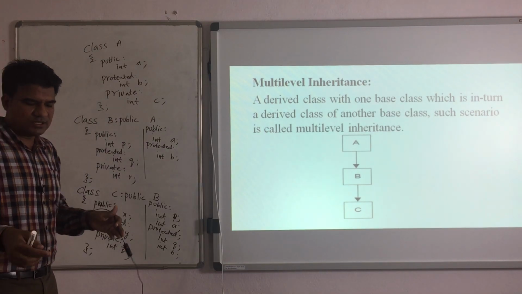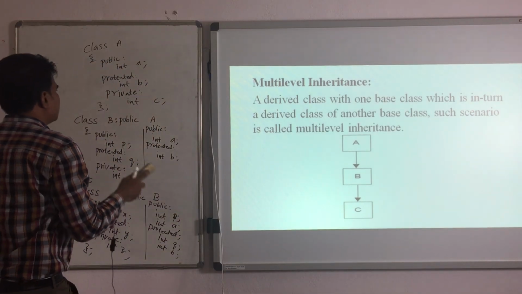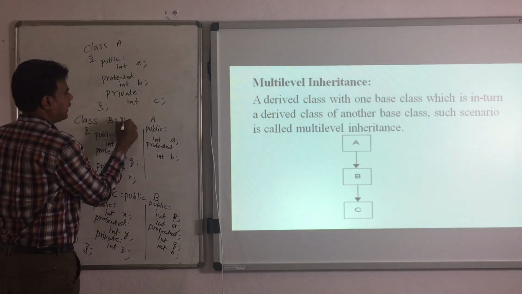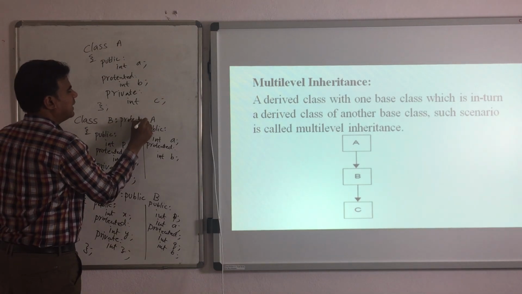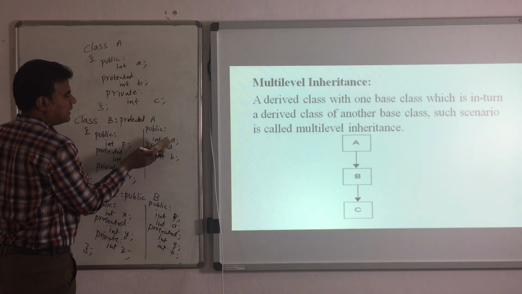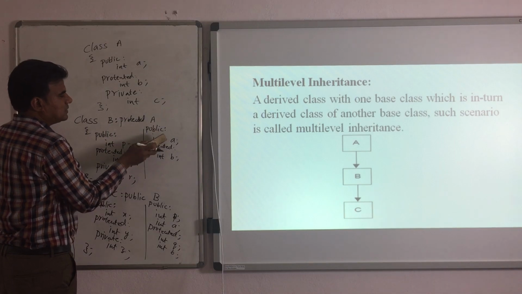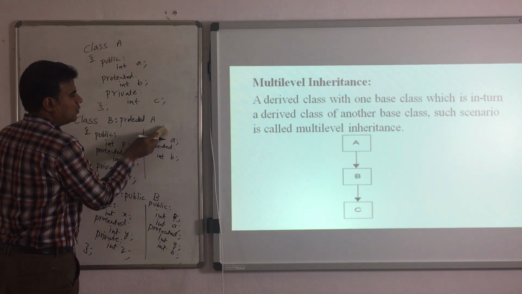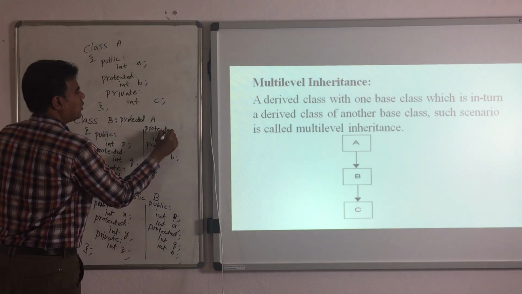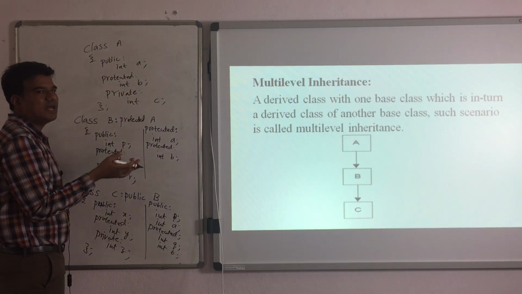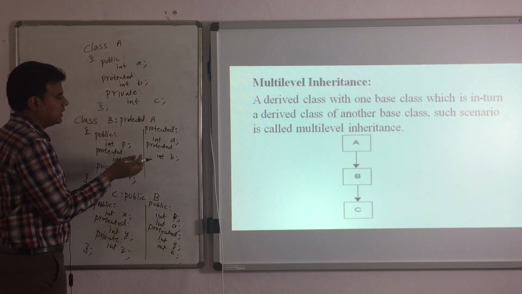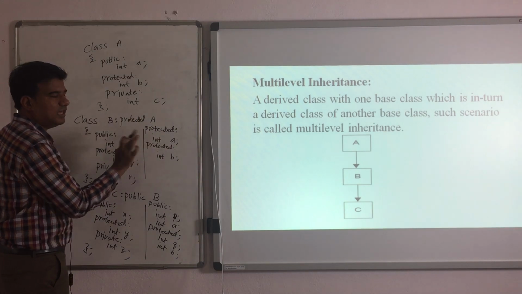Next, if I change the mode of inheritance of B class to protected, what will happen? Here I am changing it to protected. Then what data members will I inherit over here? Can I inherit A? Yes, I can, because it is public. After inheriting, it will become protected, because now my mode of inheritance is protected. So all my inherited members will gain the access modifier protected. So B and A, they both will become protected.